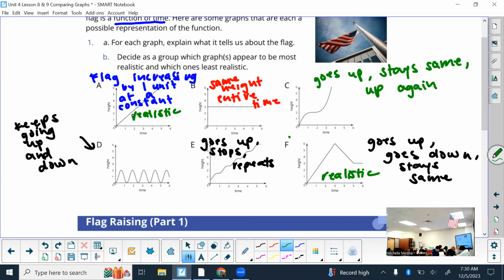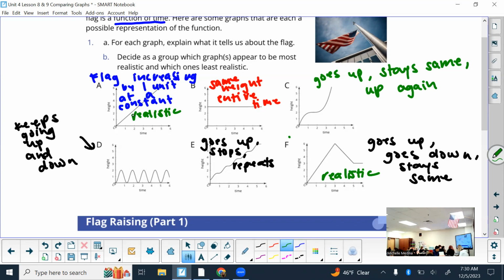Assuming that time is measured in seconds and height is in meters, because they didn't specify, you would say that graph E seems to be the most realistic, so what I said. Graphs B and D are the least realistic. Because for B, they said they raised the flag, but B shows that they didn't, like they just left it at